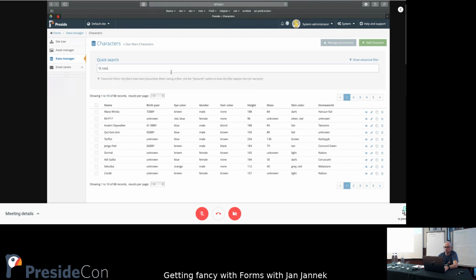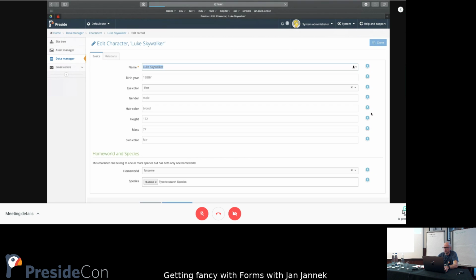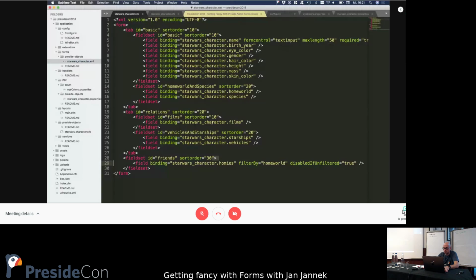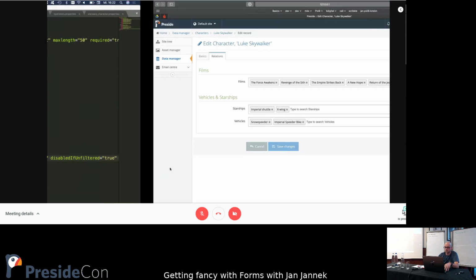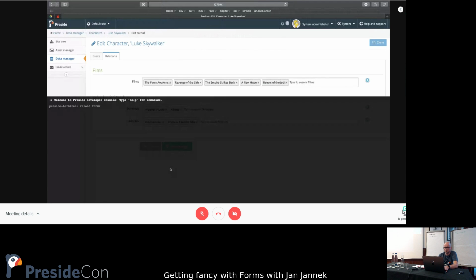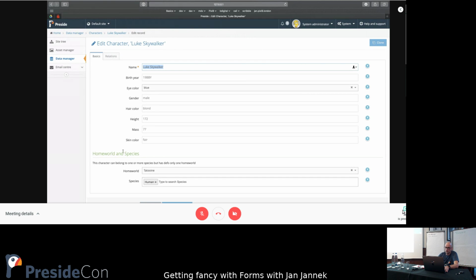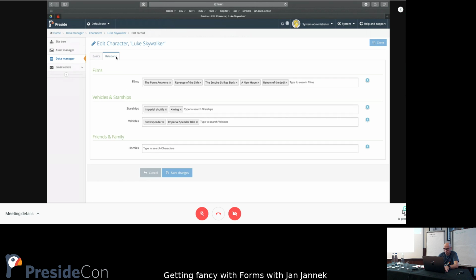and again have a look for Luke. Luke has homeworld Tatooine set. We can remove this here now. Relations. What did I miss? Didn't I reload? Field set. You're missing a tab. It's outside of the... oh yeah. So homeworld and species. Now we have friends and family in that tab,